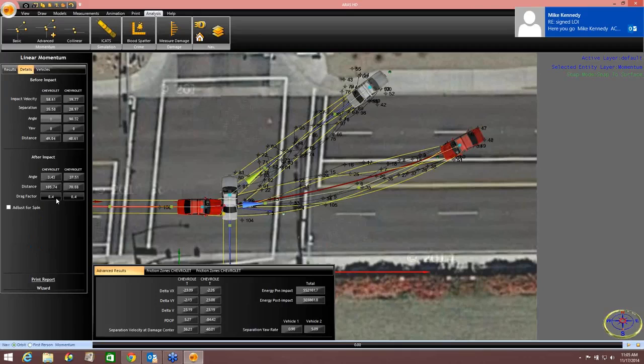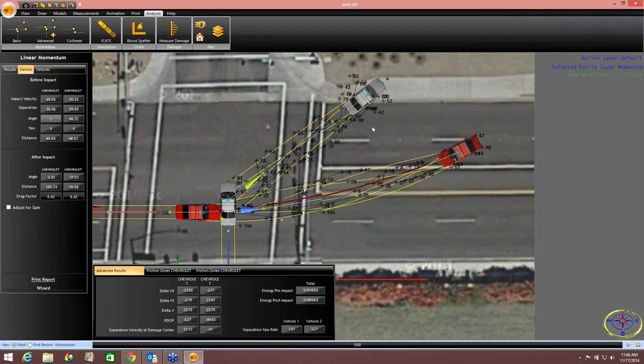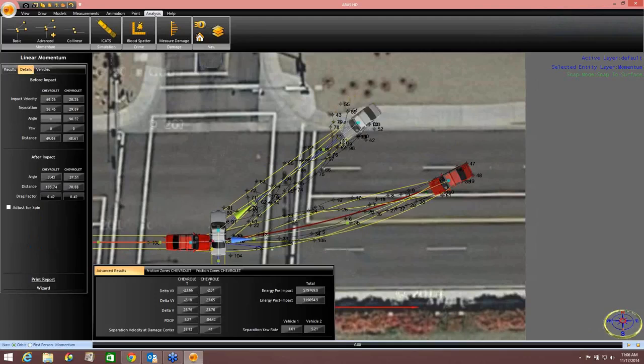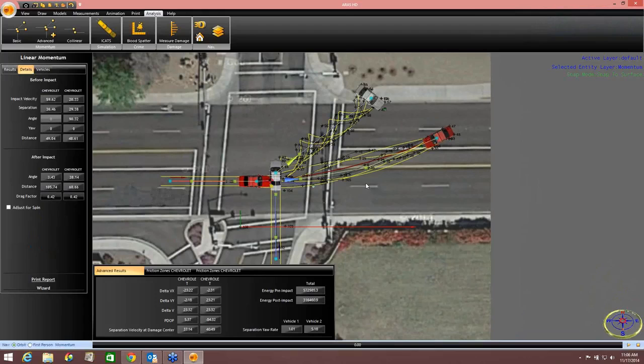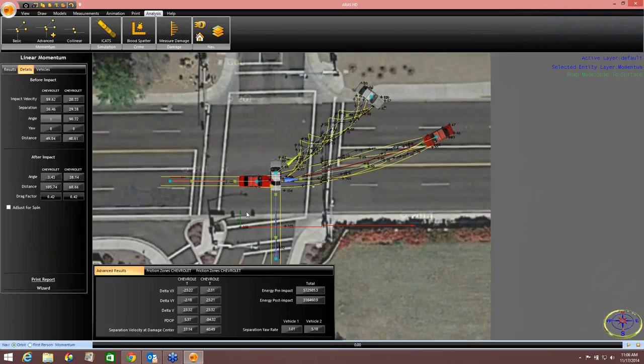I'm going to give a deceleration rate for after impact, and I want to be able to justify that. So these cars had no braking, so I'm nowhere near the ground friction. So I'm going to be right in here. Okay, so there we go. We've got a nice momentum tool